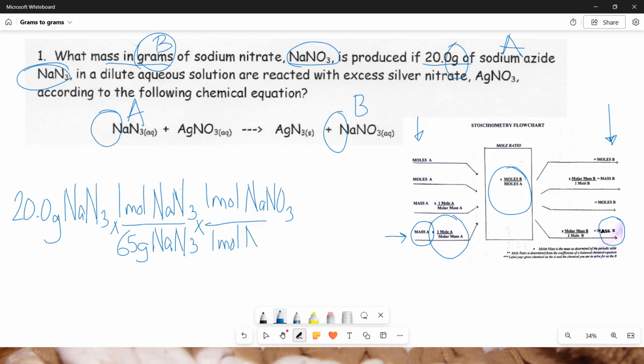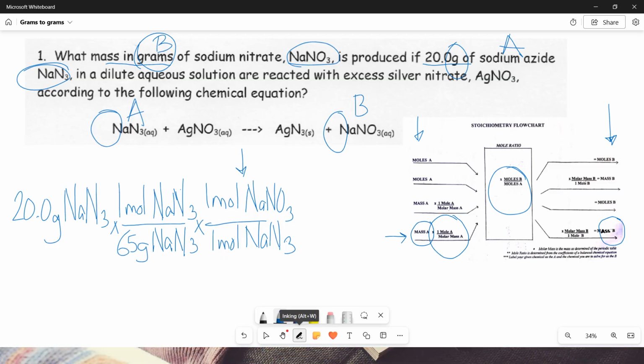Now my students always ask, do I really have to write this step because it's 1 over 1? And I always tell them, yes. This mole ratio shows me, and allows me, to go from substance A to substance B, so it is necessary. Then we come back out on line 4 and you can see that we multiply by